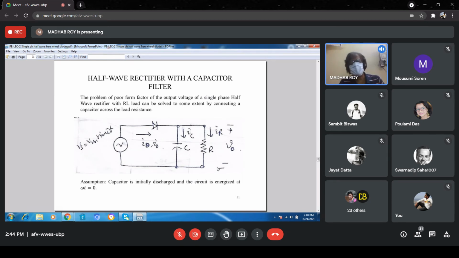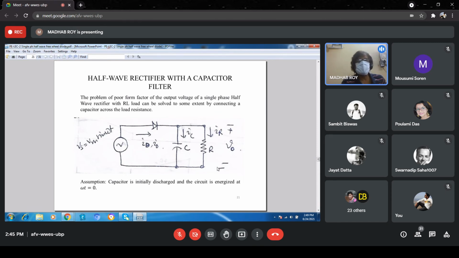Now the next chapter is called the ripple. How to reduce the ripple in the half wave circuit. Now the main problem is the ripple. You see that the current is getting disturbed. So how to improve that? From 0 to 2 pi there is no current, and if you want continuous current from 0 to 2 pi, then you have to put a huge inductance.